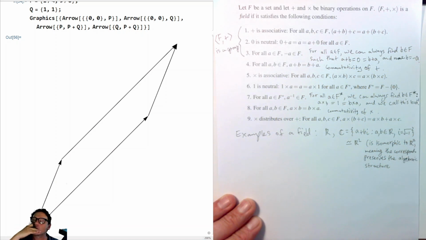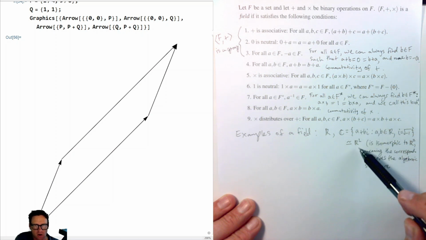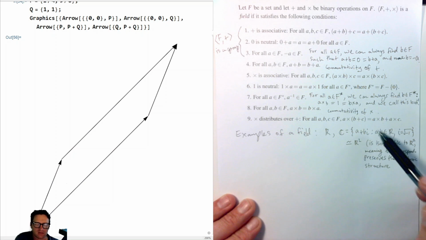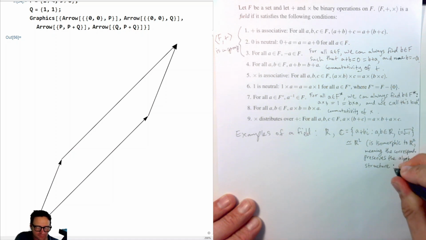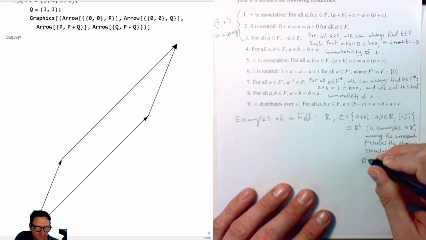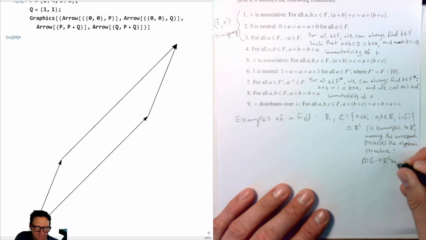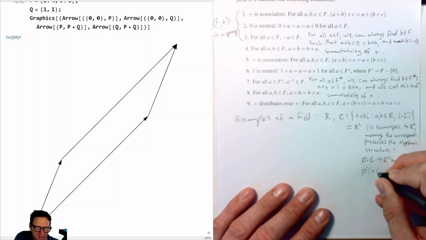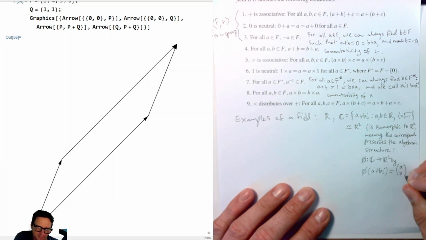And what I mean is, if you have a map, or a function, from the set of complex numbers to R2, vectors in R2, and let's call it phi. So, for example, phi sending complex numbers to R2 by phi of A plus bi equals the vector (A, B),